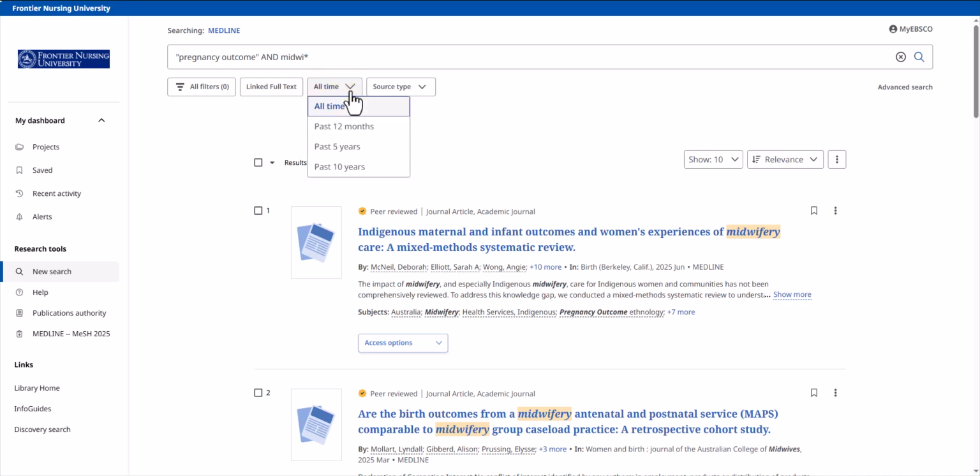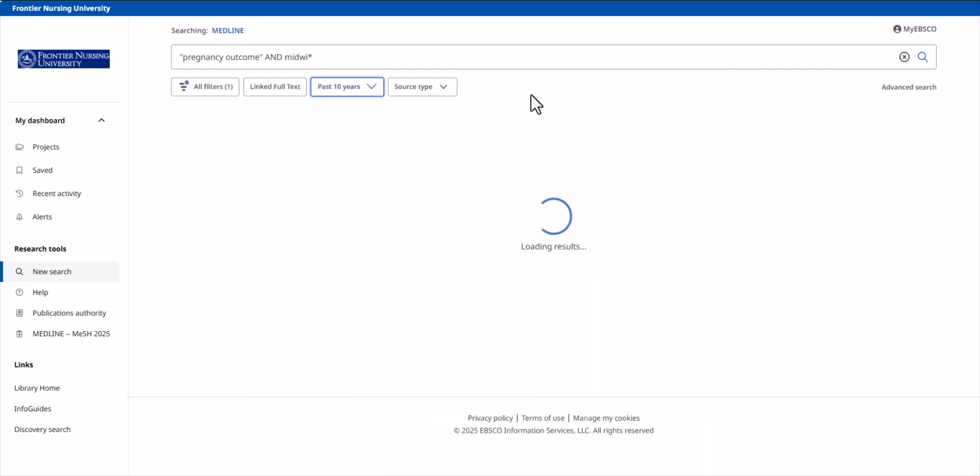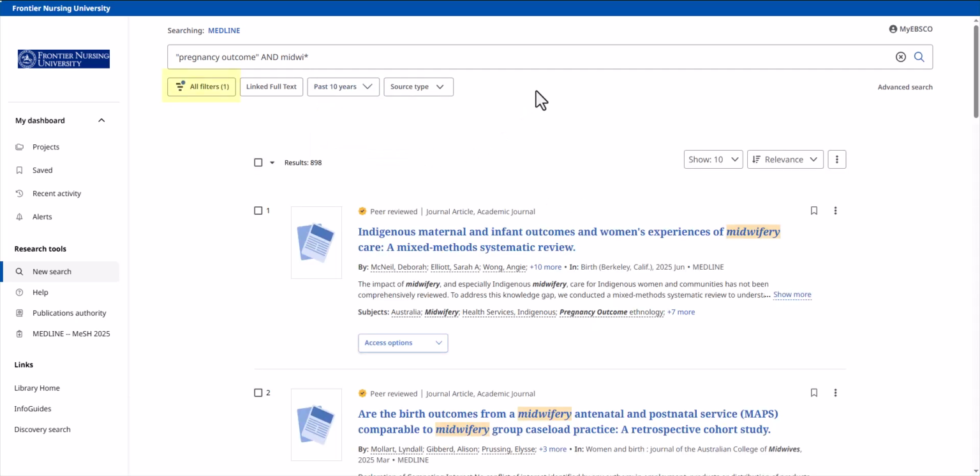The All Time button below the search box can be used to rapidly limit results to the past year, past 5 years, or past 10 years. Custom timeframes and other popular filters, such as language, can be set underneath the All Filters menu.